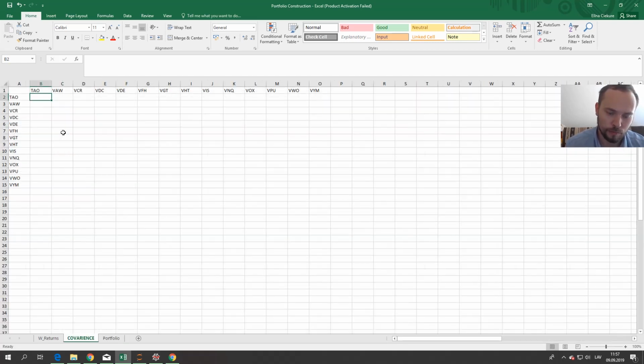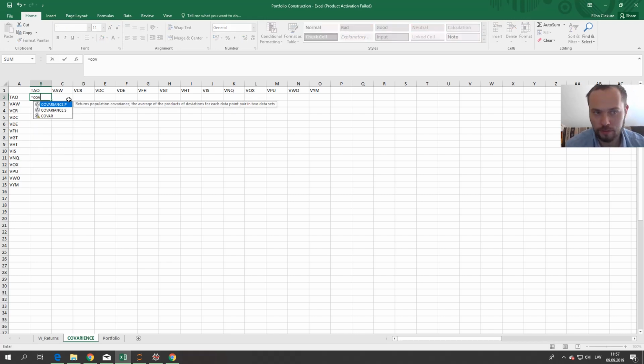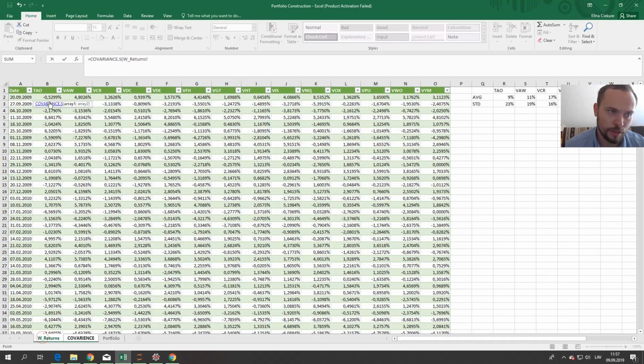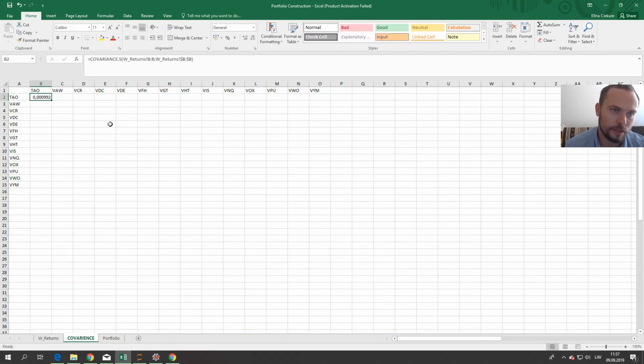So how do we calculate the covariance? The formula is actually very simple. Covariance, again, sample covariance, because we have only a sample of these, and just select the column that you need. In this case, we have twice the same column, but what I usually do, I lock one of the columns, either the first one or the second one. You choose what you prefer best. And now that I have locked it in, I can drag it to the whole row, and now you can see that it actually has